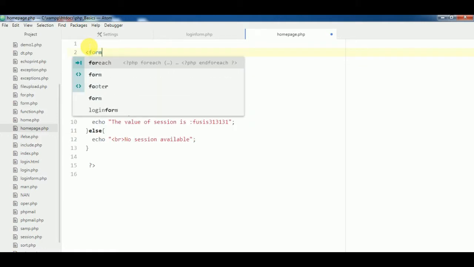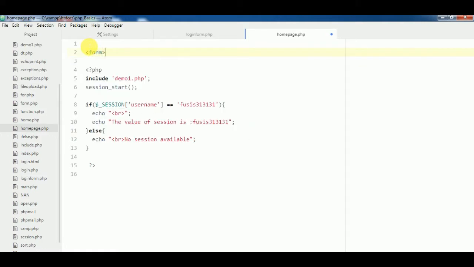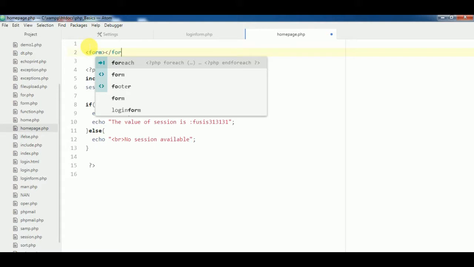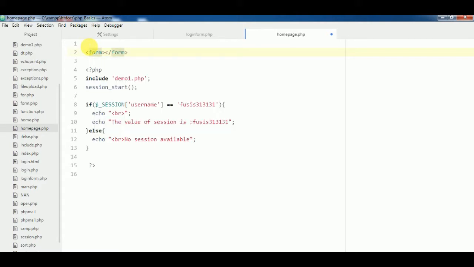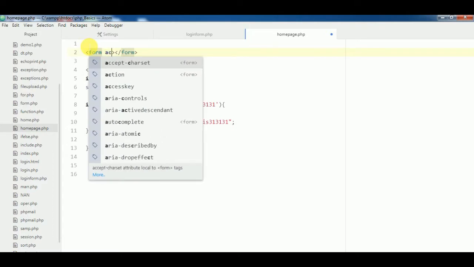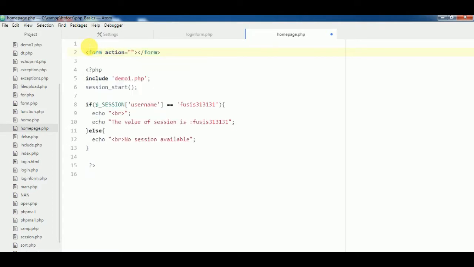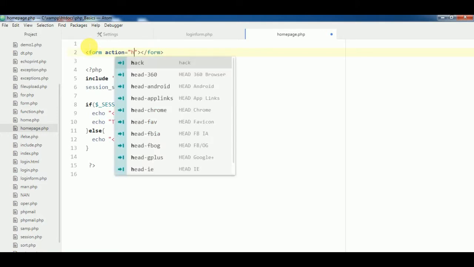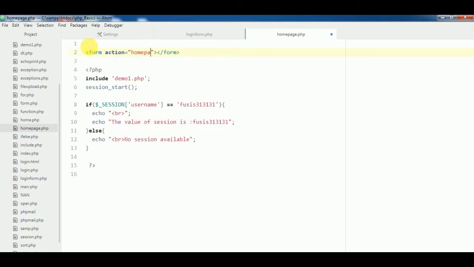We have to create a simple form here, whose action will be the same page, homepage.php,